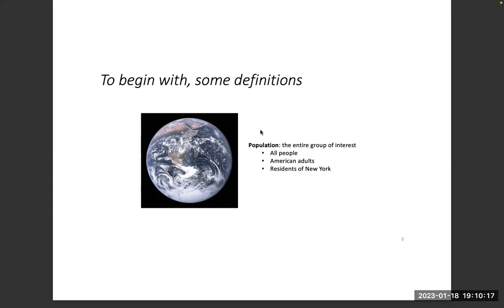So firstly, you have a population, right? When you want to understand the dynamics of a disease, or whatever dynamics you're interested in of a population, you need to first define your population, your group of interest. And that is usually a very defined population. You can say all people in the world, which is hard to study, right? All American adults, equally hard to study. All residents of New York, also hard to study. For that very reason,